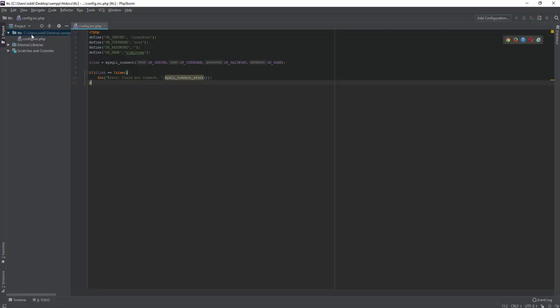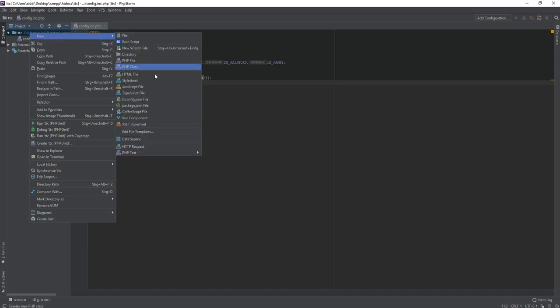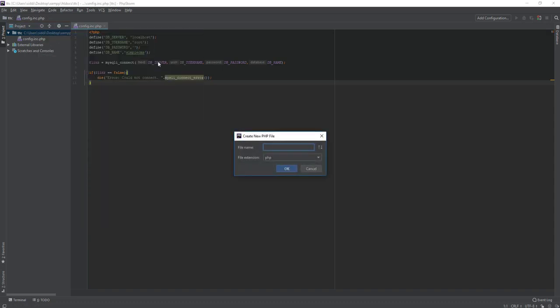Welcome to part 2 of our simple CMS. In this lecture we will create the registration file. So we will create a new file called registration,